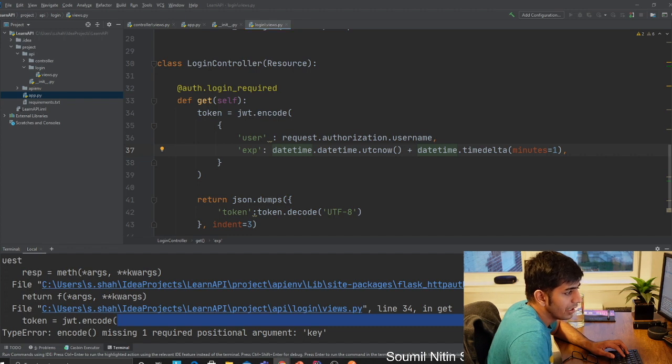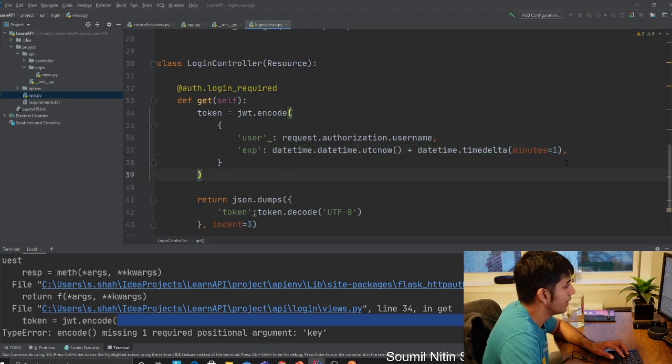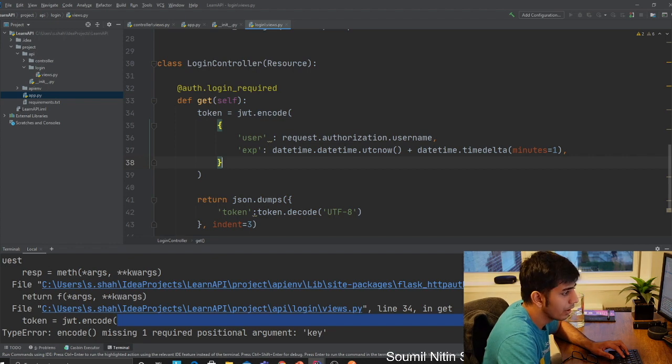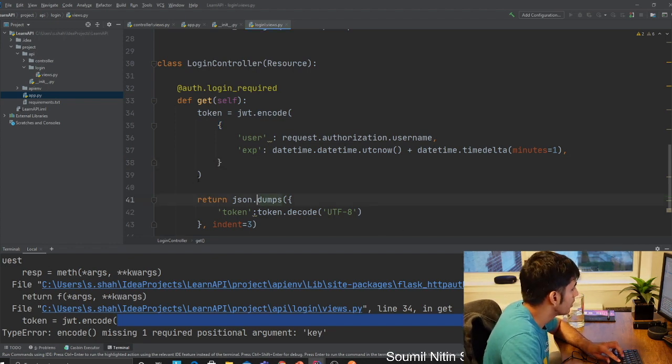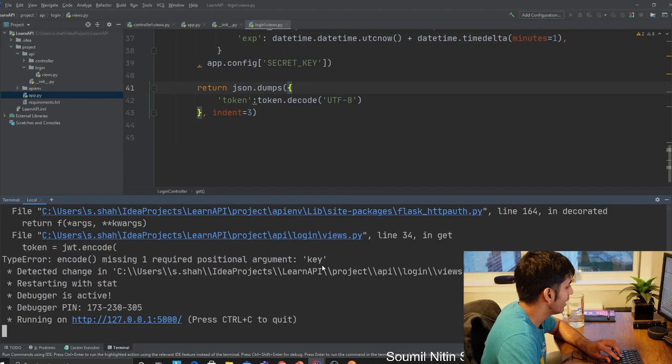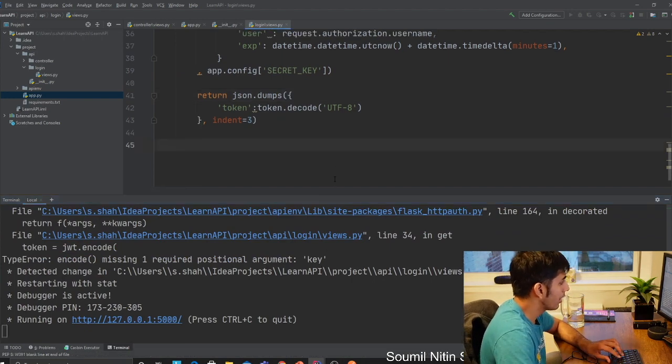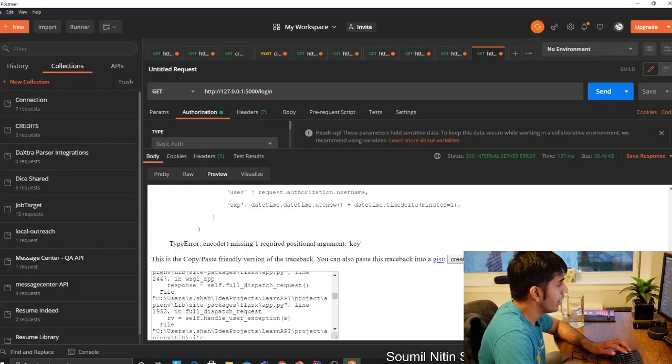So we have the JWT import, that's fine. We did import the secret key. Encode. Oh, I see what's missing, guys. We forgot to give it a secret key, right? That's the reason it's complaining. Let me fix that. Let's do it this way. Yeah, this should work because it has to verify with the secret key, right? It's gonna encode, decode, and do all of that, right? So let's verify that again.